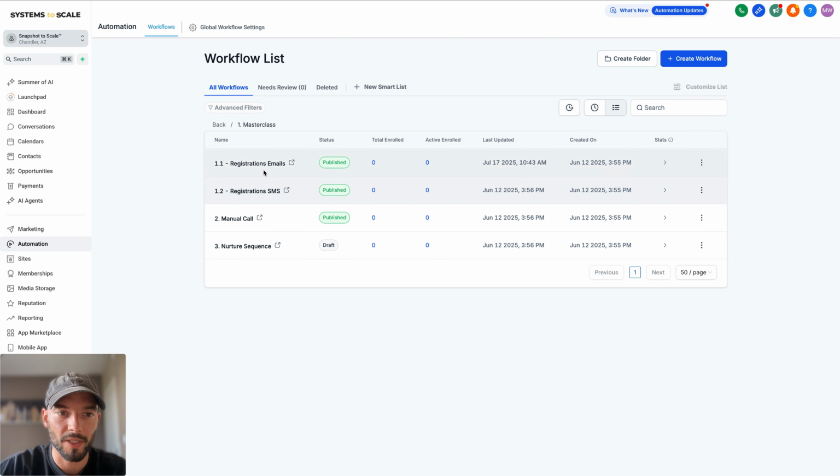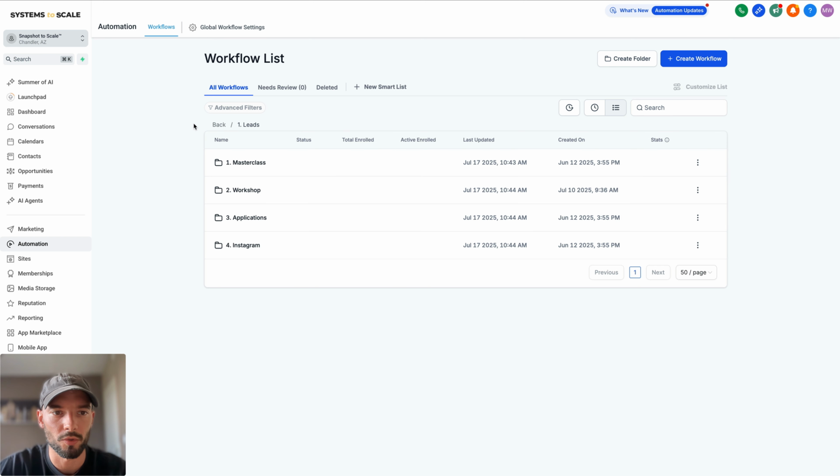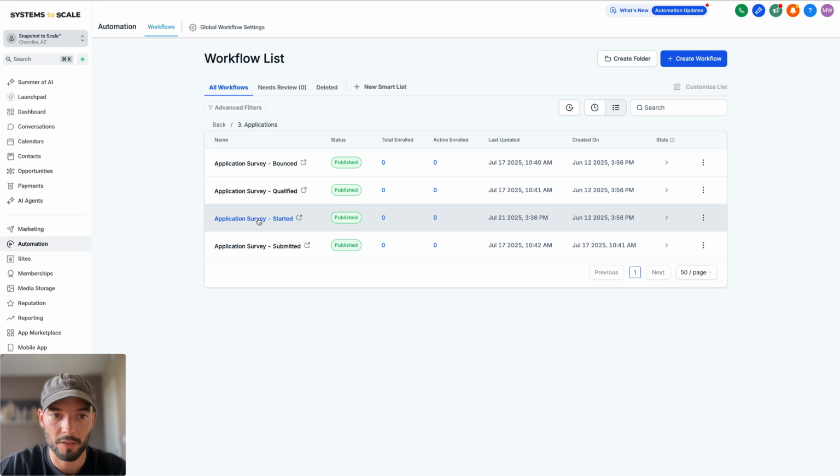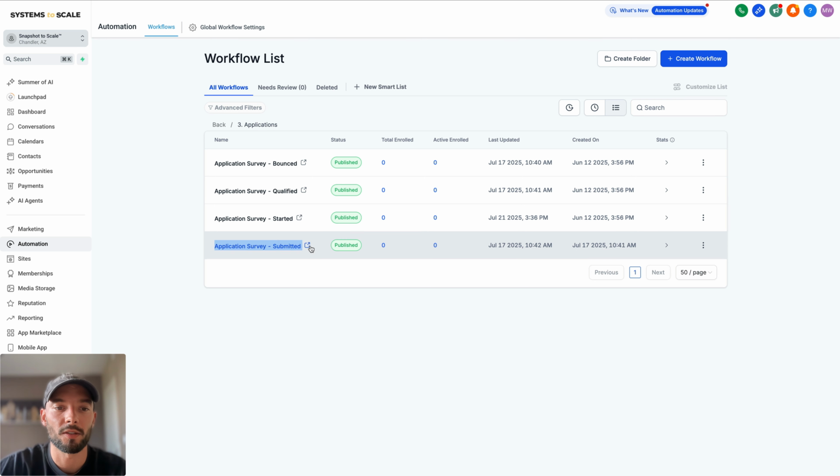So lead, we have the masterclass registration email if you are using the registration page. I do not recommend this for most people. Then we have the workshop, then we have the application. This is what I recommend starting with for everybody. So when someone partially submits the application, we call it application started. When they submit the application, this is just a tag because we have another